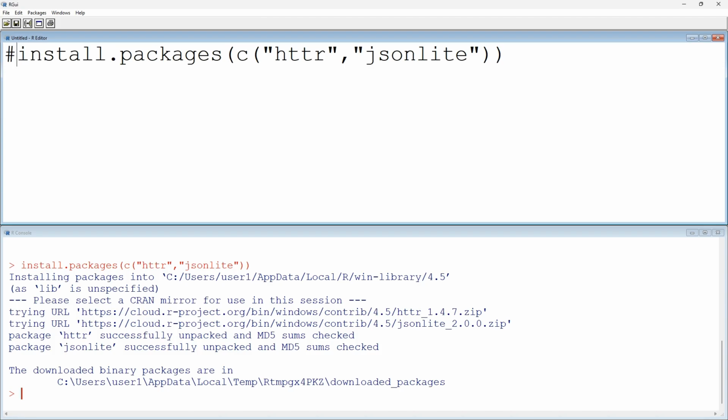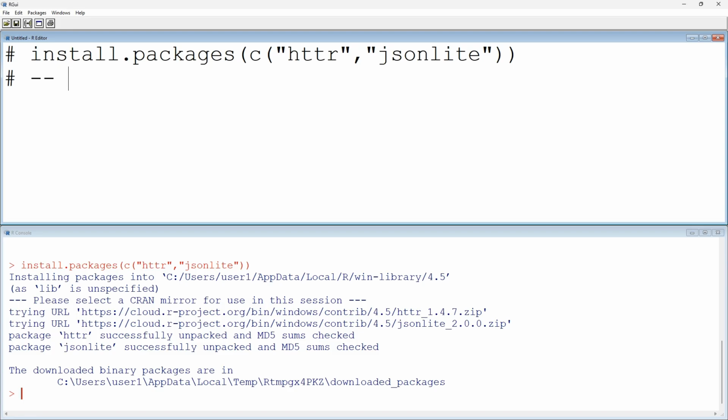So what I will do is I will put it as a comment, because if next time I'm coming and running this script, I don't need to run that code. So I just put it as a comment. A comment means that it is not executable. It is not a command that you want to execute. Just putting a comment means, for example, I'm explaining to you